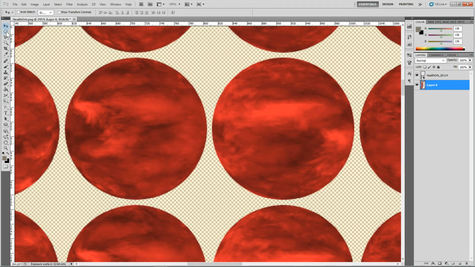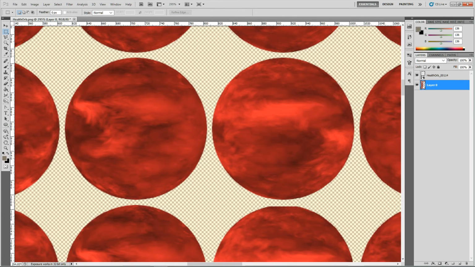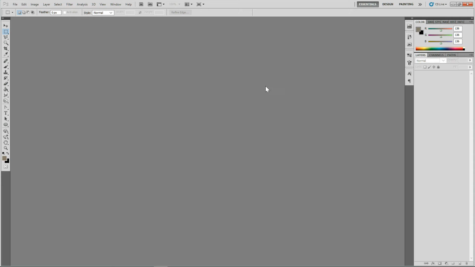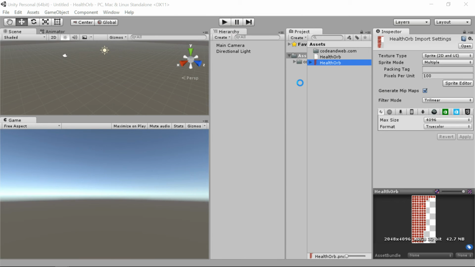We'll select this back layer and we'll delete it so that we have no extra red bleeding over where we don't need it to be. And then layer merge visible, and we can save that. Close that, and as we come back into Unity, it'll reload, and we'll see that because you've just changed your